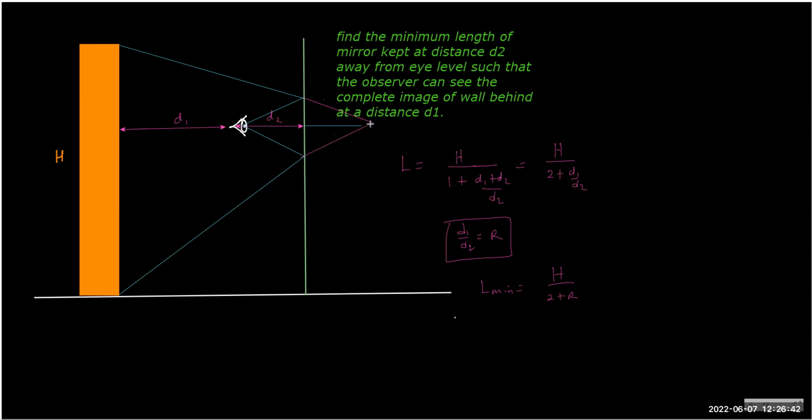So the whole idea is, this is also D2 only, and then it's easy for you, no? So you can see the distance part. The length of the mirror is this much only, no? So you can directly write h upon d1 plus 2 d2 is L upon d2, similar triangle concept, and we are done with the answer.